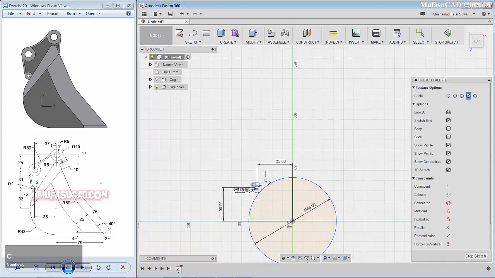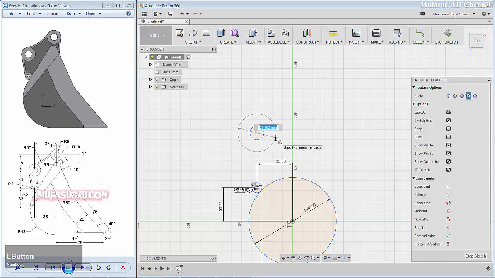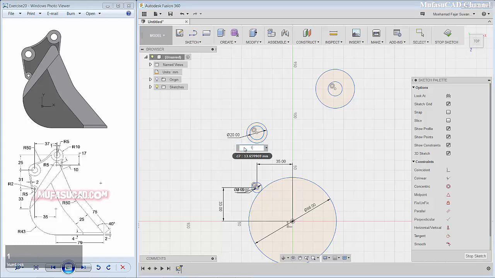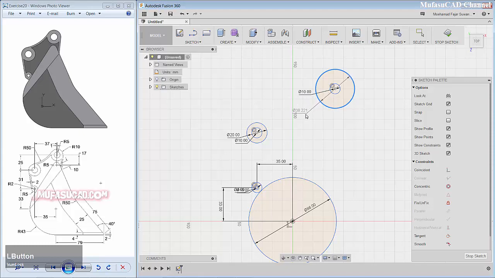I will create two circles in here, 1 and 2, and then we create a circle in here. Okay, give a dimension for this circle 20 and this circle 10. Okay, we give a dimension for this circle 10 and this circle 20.